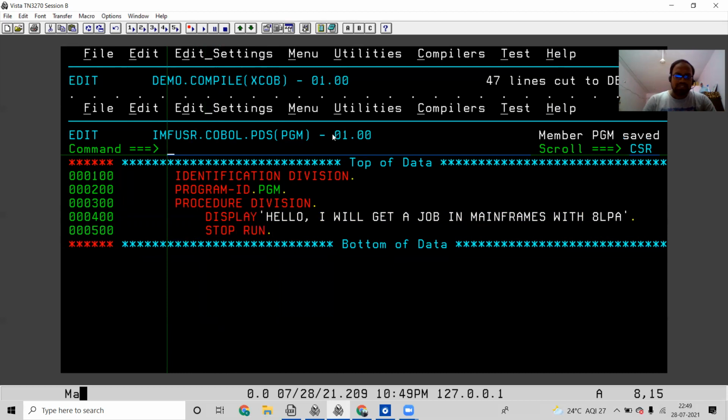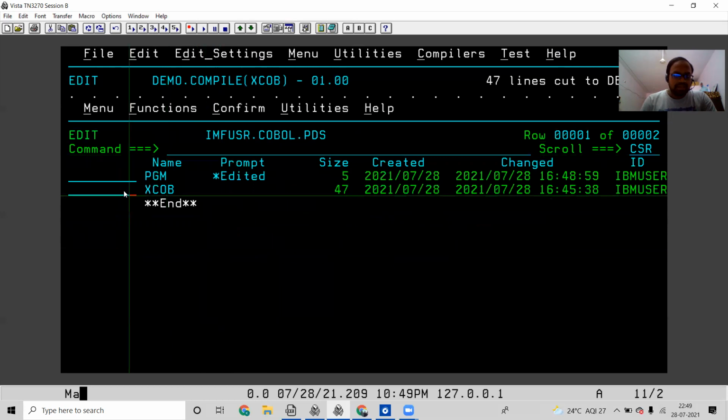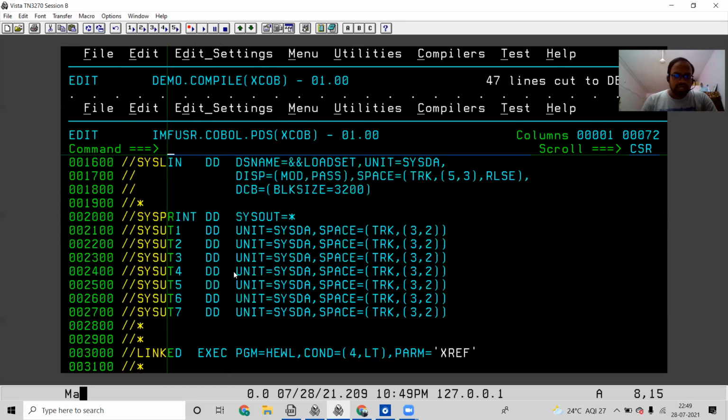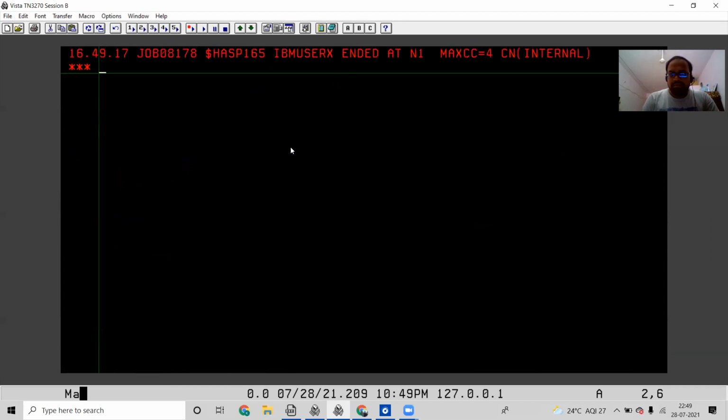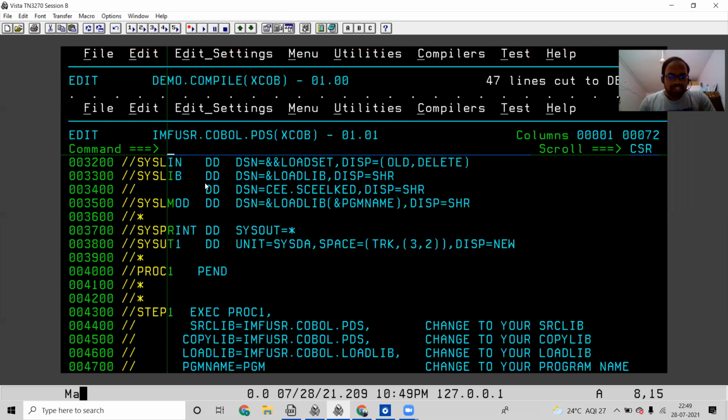So now I have saved this. Now coding is over. What is the next step? We need to compile it. So here I'm giving the program name. The program name is PGM. Now save, submit. Max 64, now it got compiled. Max 64 doesn't matter. You can get Max 64 or 0, it will work. If it is getting more than that, like 8 or something else, then we need to go through the program again and take care of where the mistakes have happened. So now compilation is over.